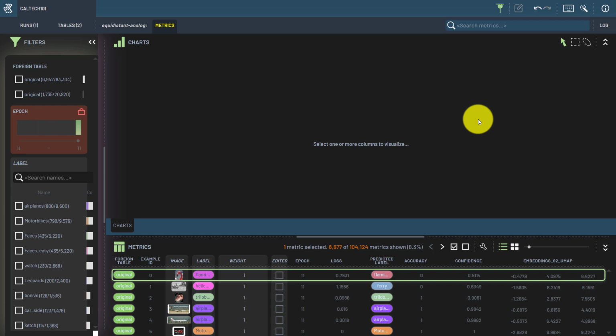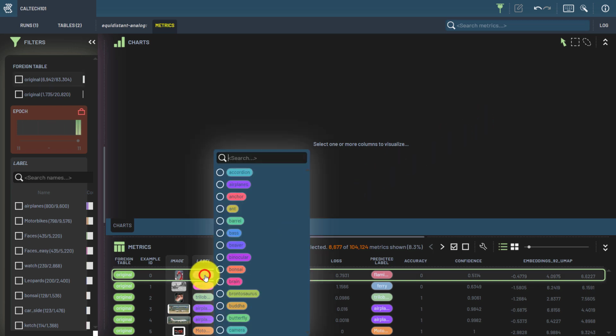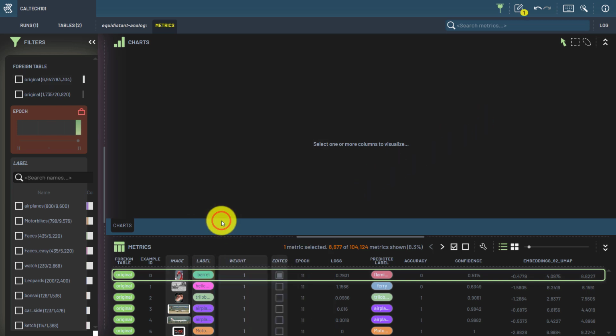Welcome back. Now that we're familiar with visualization and filtering, let's put that to use and make some edits to our dataset. The simplest edit is to make a single change for a single sample. Here we modify the category to barrel. We see that this caused several things to happen. The changed labels now have a colored background, and the pending edit can be seen in the edits menu